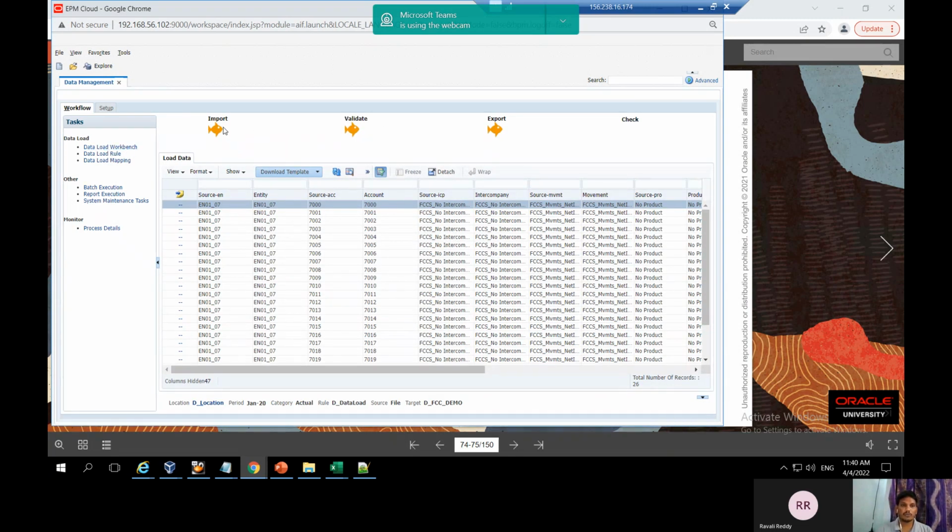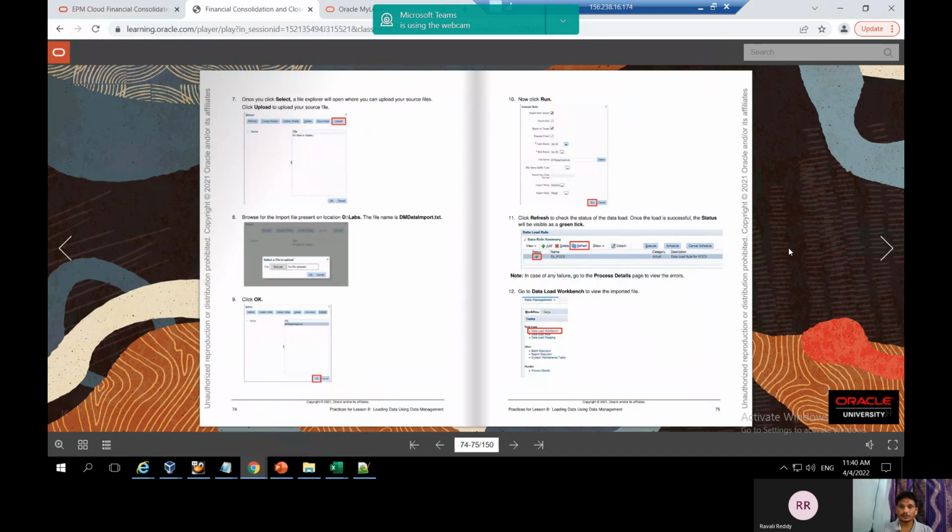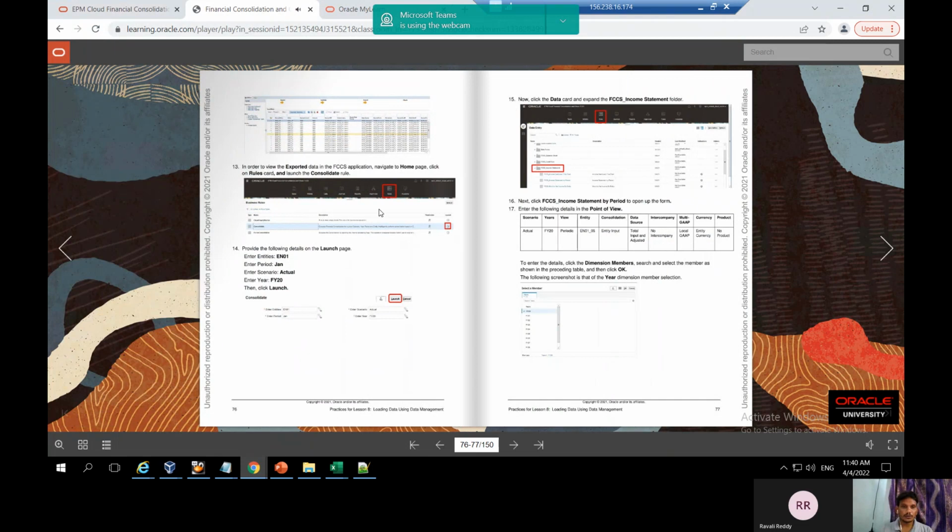You can see the import, format, validate, export. It successfully exported the data file. Let's go to the activity guide. You previously saw the three phases in the data load workbench. Let's go to the